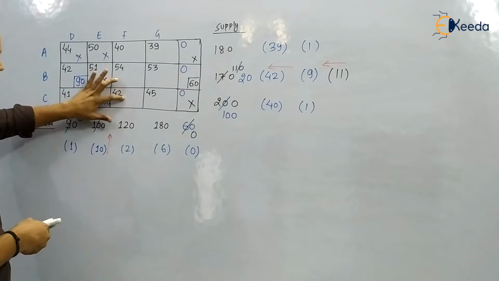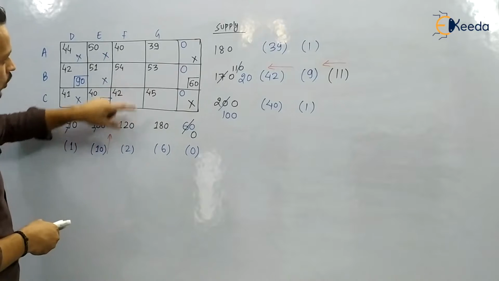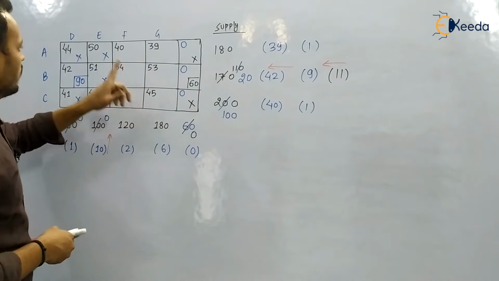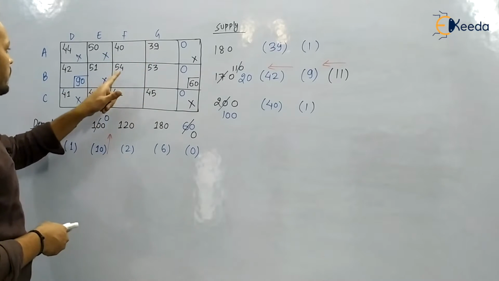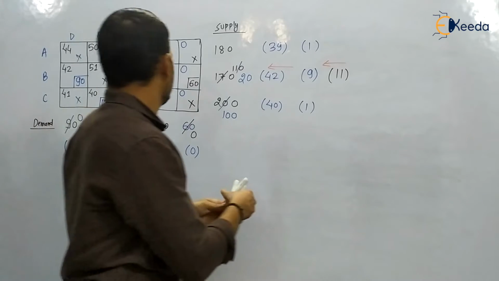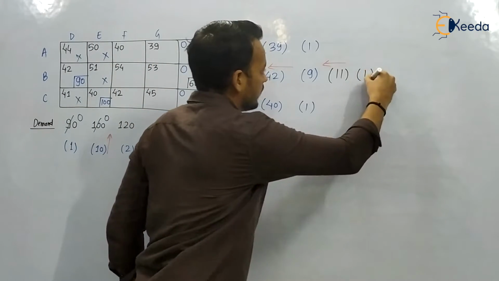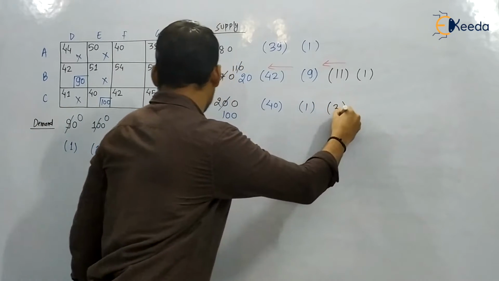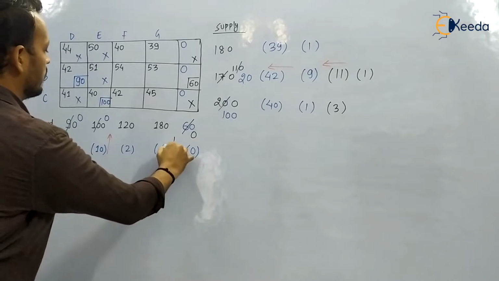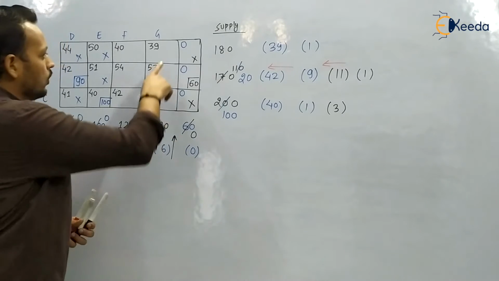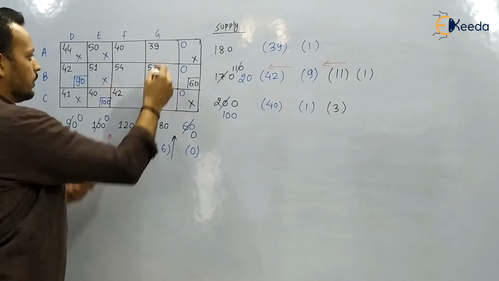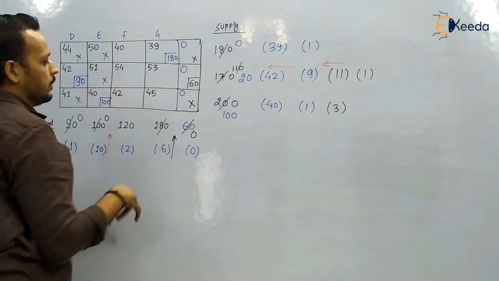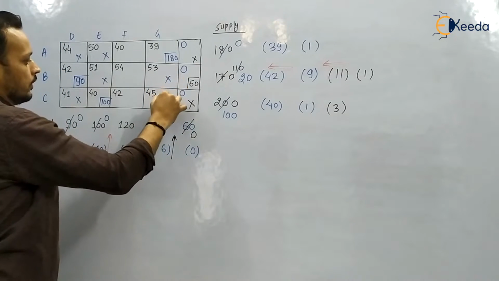Now 42 and 40, 42 and 42, now 39 and 45, 6. Here also this is 1, and this is now 1. 54 and 53, this is 1. Now this is 3. So now the highest is this one, 6, and the lowest is 39. It requires 180 and we have 180. So give it 180. Here it will be 0, here also it will be 0, so it won't get anything.